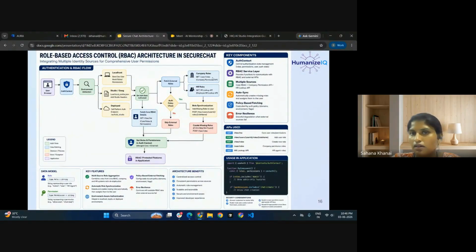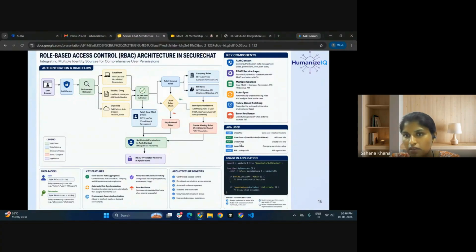In future, if her role changes, user is also there in this API response, and one more role will also come, that is E team user. At that time we need to update. For that, we are using this endpoint: the user ID will be Vaishnavi's user ID, and the role name will be E team user. That role name we are going to insert into the user managed roles table.